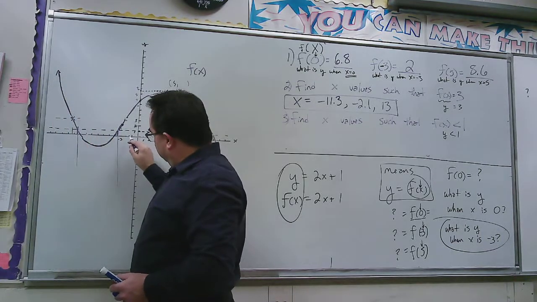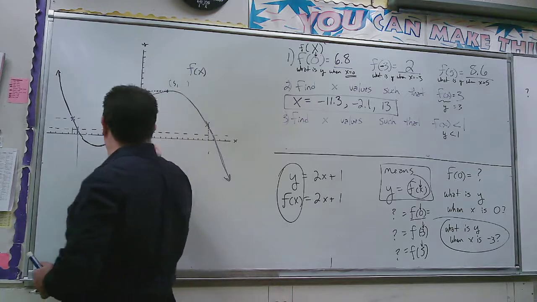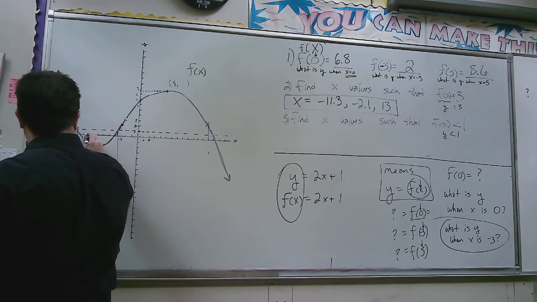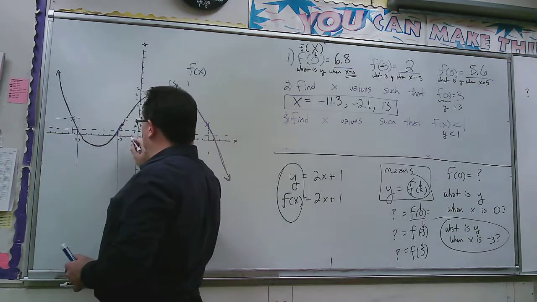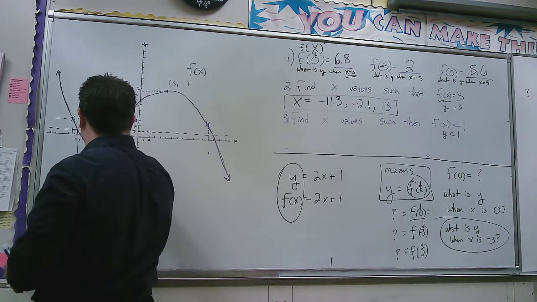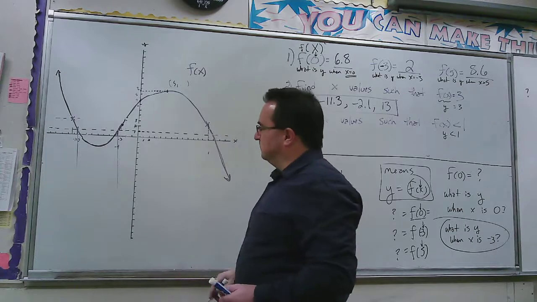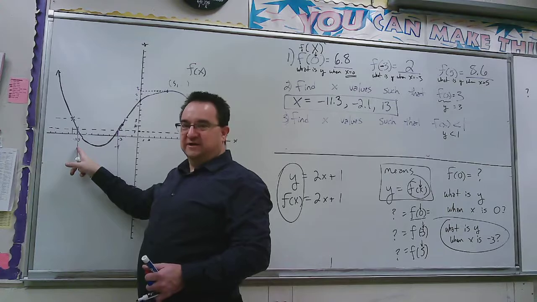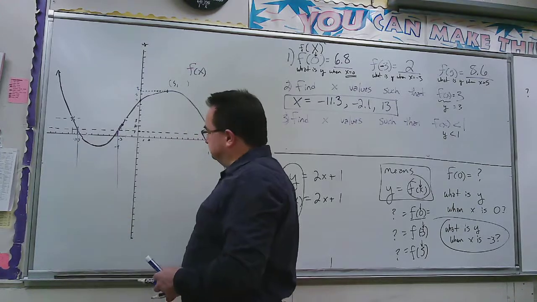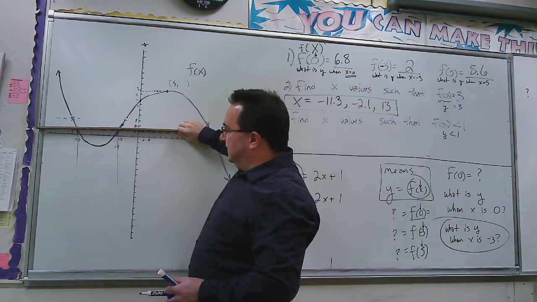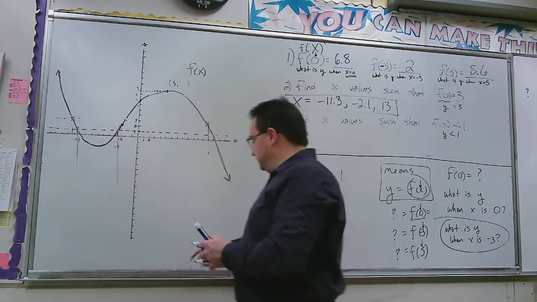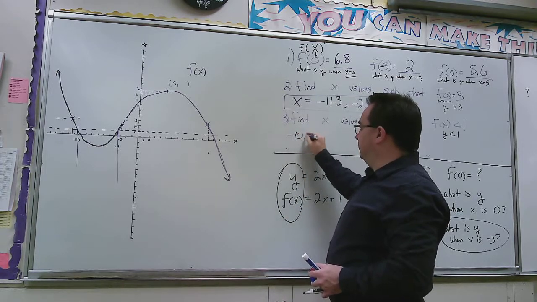So that would be from 1, 2, 3. Erase my tick marks. 1, 2, 3, 4, 5, 6, 7, 8, 9, 10, 11. This is minus 10 and a half. 1, 2, 3. Let's call it minus 4. I kind of lost my tick mark. So let's say this is at minus 4 and this is minus 10 and a half. See that? It's below the x-axis from minus 10 and a half on the left to minus 4 on the right. So that would be minus 10.5